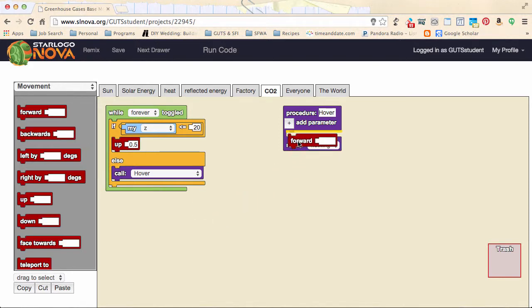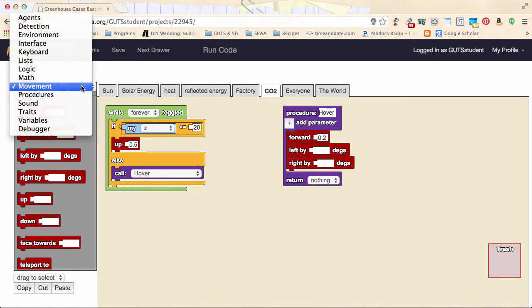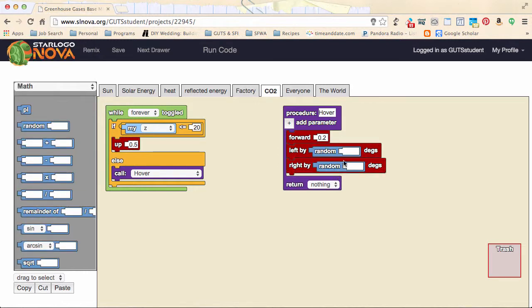Let's say we want it to be going not very far away. We'll do a left by and right by random number of degrees, and that should be our wiggle. Let's make it quite an open wiggle. We don't want it to be too directed, so we'll say 45. Okay, so this should be enough now that if we go and test our code, we should be able to